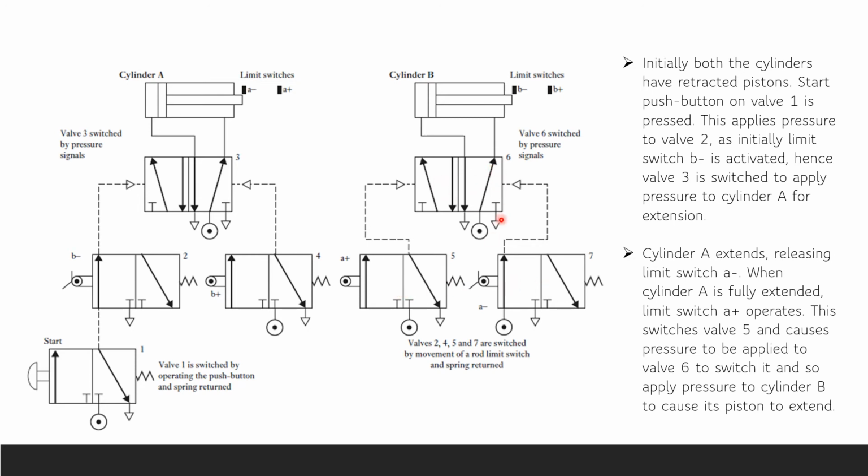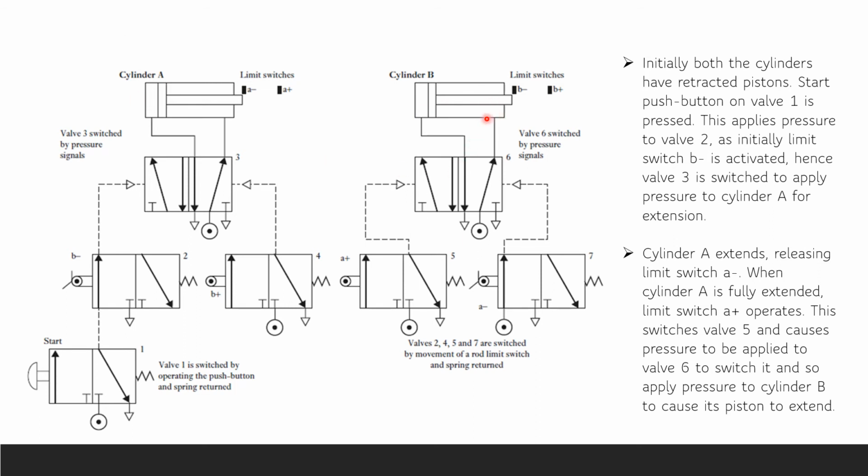Similar to the 5 by 2 valve or a double acting cylinder, due to the pressure applied from the valve 5, the valve 6 is operated or switched on, and it applies the pressure from the source, and similar to the cylinder A, it exerts pressure on the backside of cylinder B, or the piston of cylinder B, and pushes it from the right to the left. That is, the valve 6 applies pressure from the pressure source and pushes the piston from the top dead center to the bottom dead center, right to left.